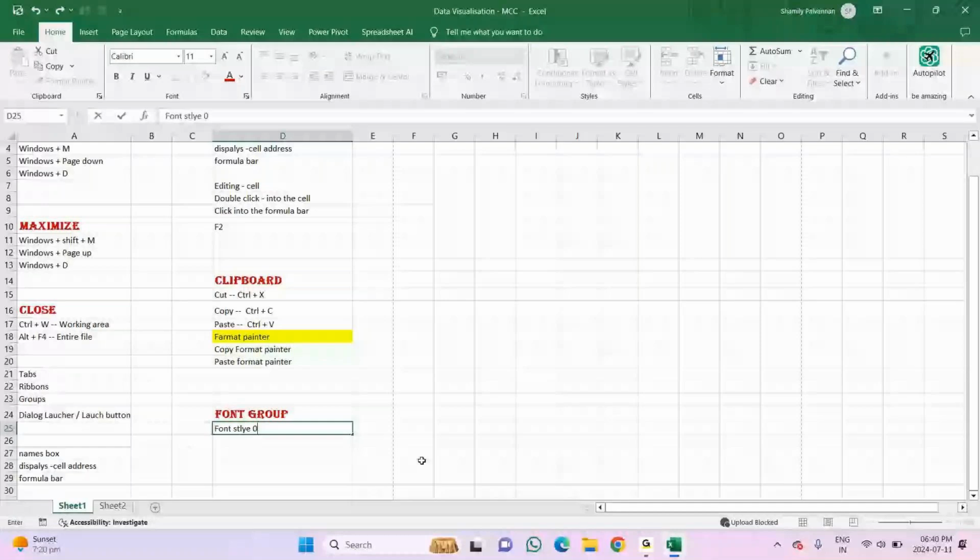So what if I want more changes? Suppose I want size 5, so I can type the size here. If I want font size 100, I can type it here, it will give me. But when I'm using this increase and decrease option, it will stop at the limit that has been given. It will not increase or decrease more than what has been specified here. So you can choose whichever size you want to apply. I am using 14 here, let it be 14 itself. In case you want, you have to put it manually.